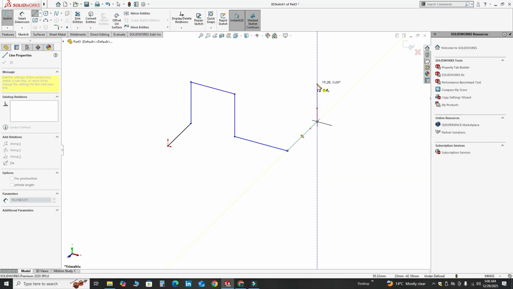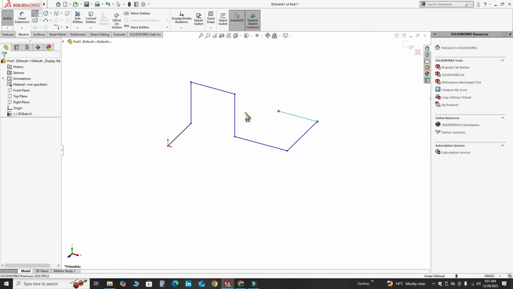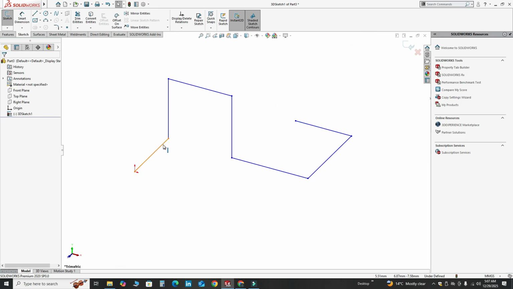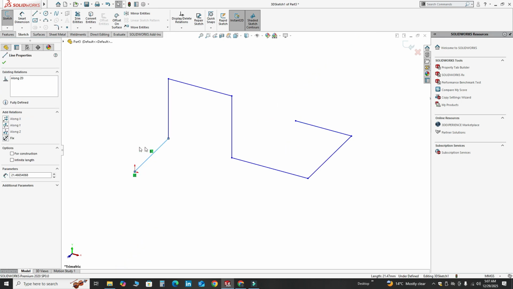I will create one line like this. Or maybe I will create one line like this in the ZX plane. Okay. So let's say this line is parallel to Z axis. This line is parallel to Y axis. This line is parallel to X axis and so on.